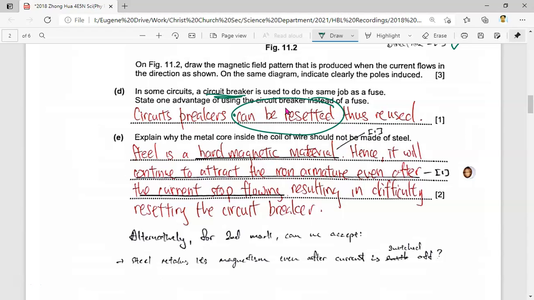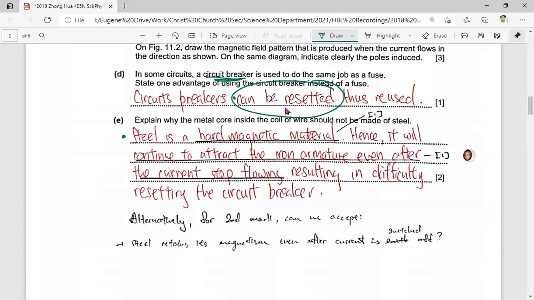And lastly, part E, explain why the metal core inside the coil of wire should not be made of steel. First thing, you need to highlight that the steel is made out of hard magnetic material. Okay, made out of hard magnetic material. So as such, it will continue to attract the iron armature even after the current stops flowing because it is a hard magnetic material. Okay, or the other way is, okay, there's actually one more possible answer, is that